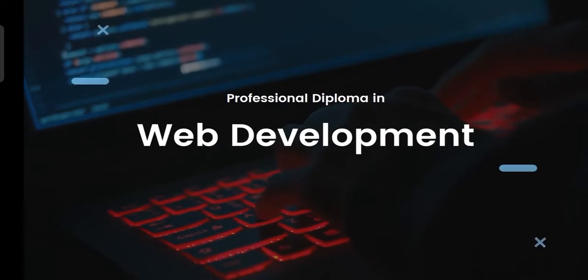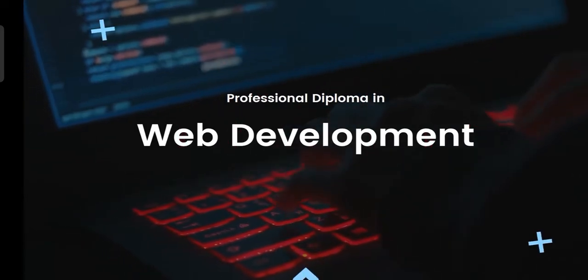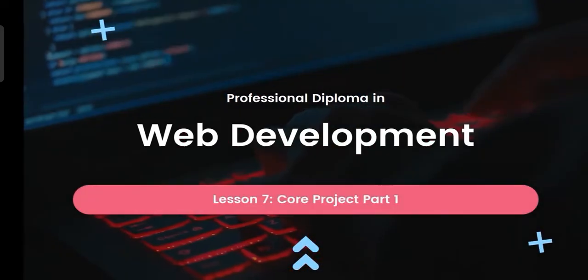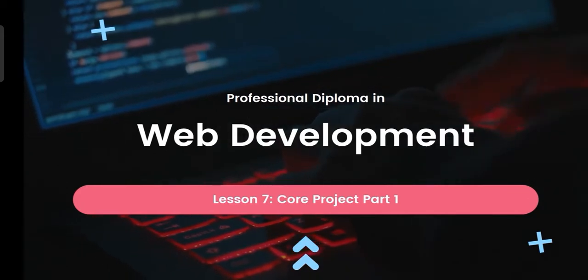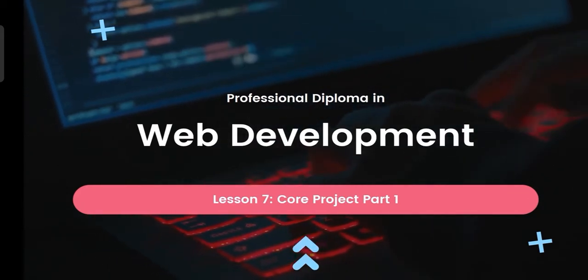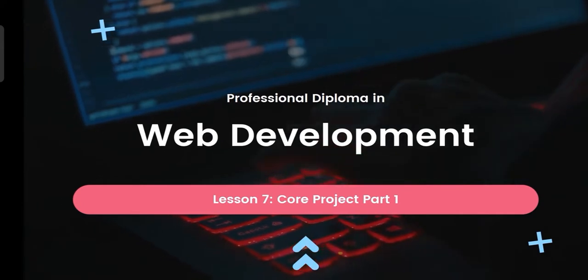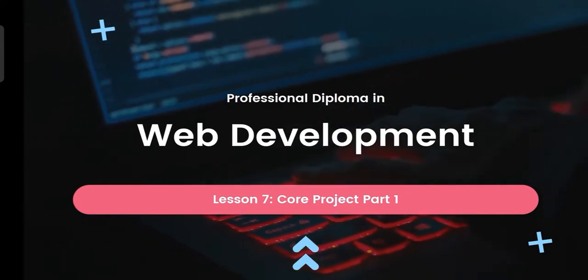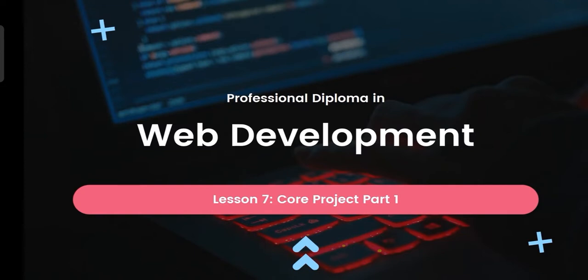And welcome back everyone to yet another lesson in web development. In today's lesson, lesson 7, we'll be focusing on wrapping up this module 2, with our core project. And this is going to be the first part of a 2-part installment. Our follow-up lesson, lesson 8, will be the completion of this module and the completion of the project that we